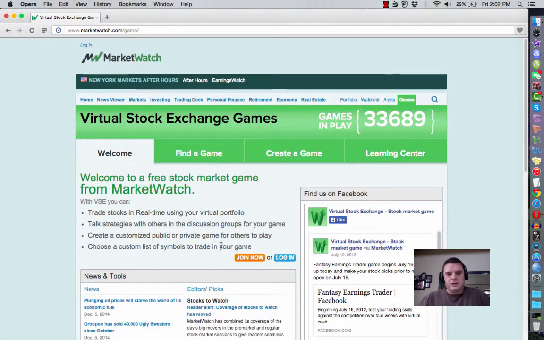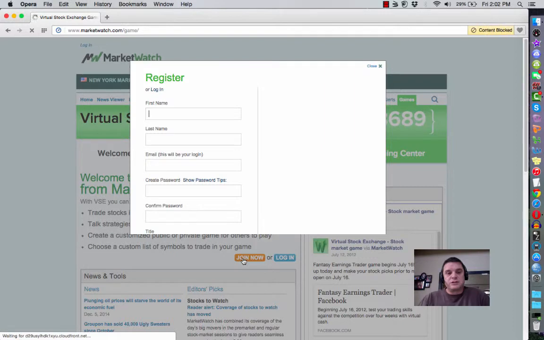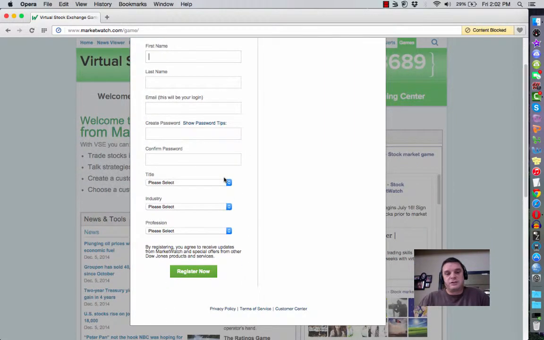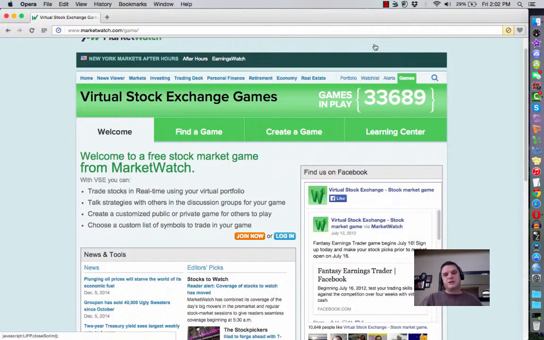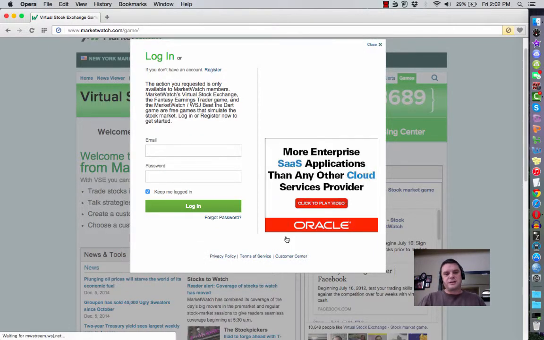marketwatch.com/game and you need to register. You fill out these fields. You have to fill out all of the fields, give it your email address, and then click register now. Then they send you a confirmation email. Once you've confirmed your account, then you can sign in